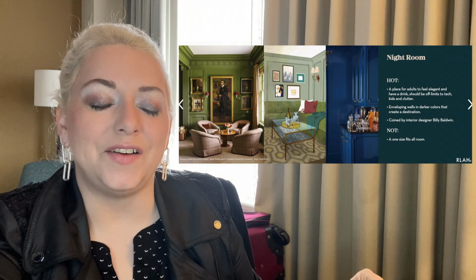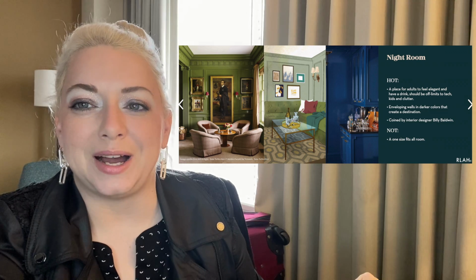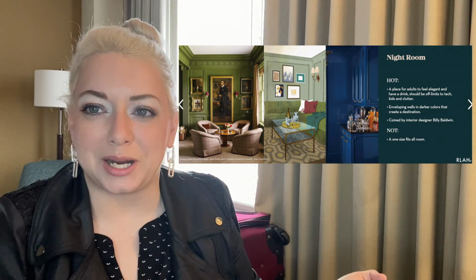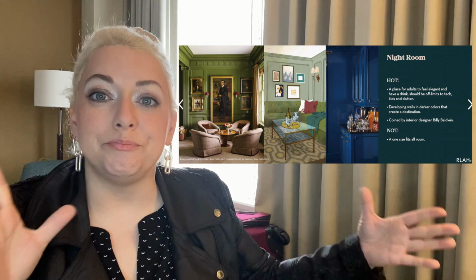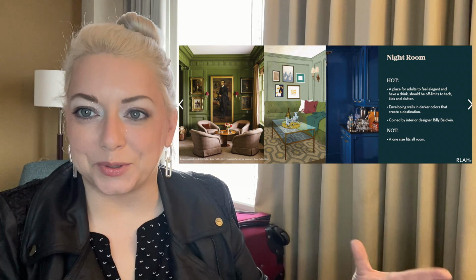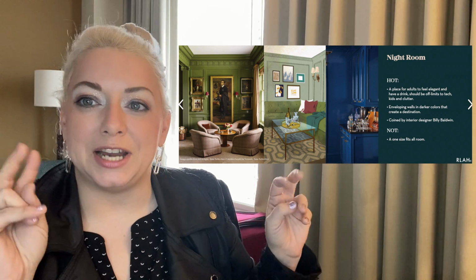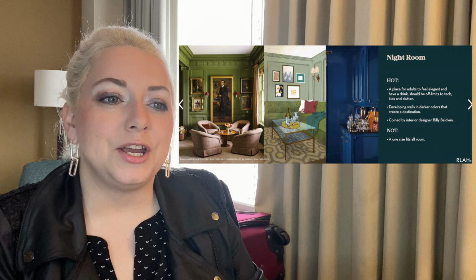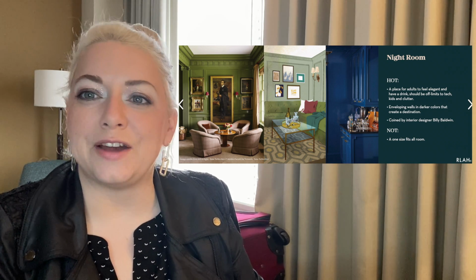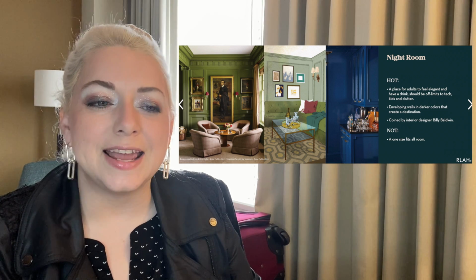This next one is so fun. Night rooms. I love the idea of calling it a night room as well. I have a night room at my house, and in my renovation that I'm doing right now, the biggest expansion on the back is a combination of the sort of indoor-outdoor living and this idea of a night room, where you stay at home, you're having the night in, and you're having your cocktail, your glass of wine, and